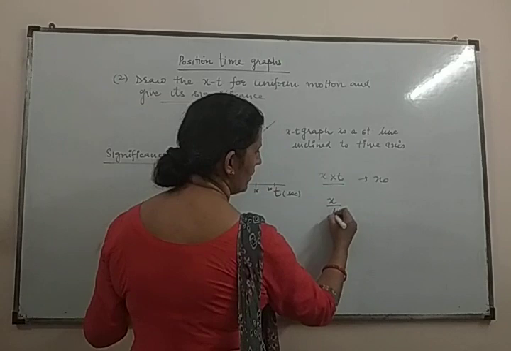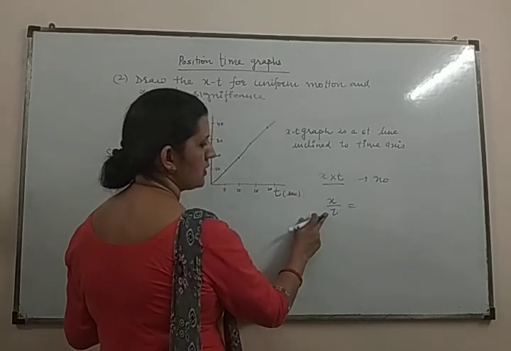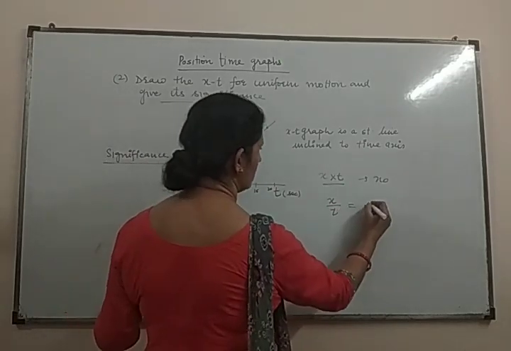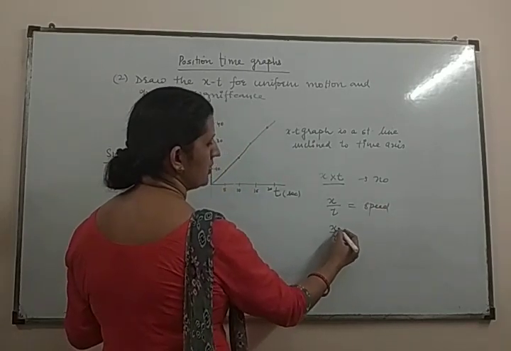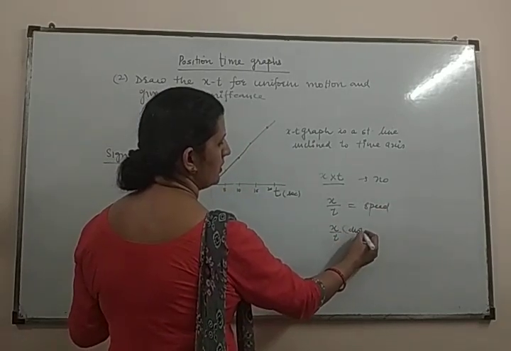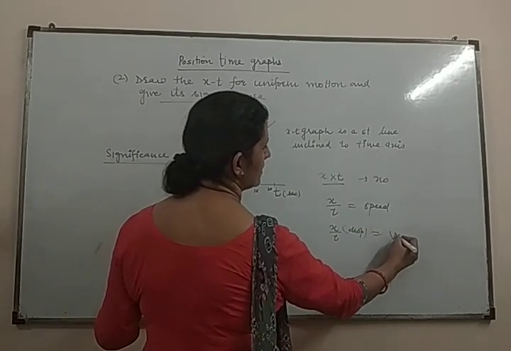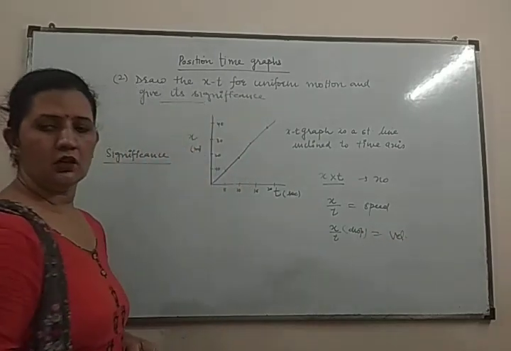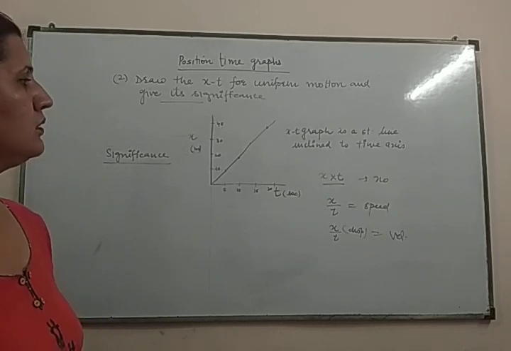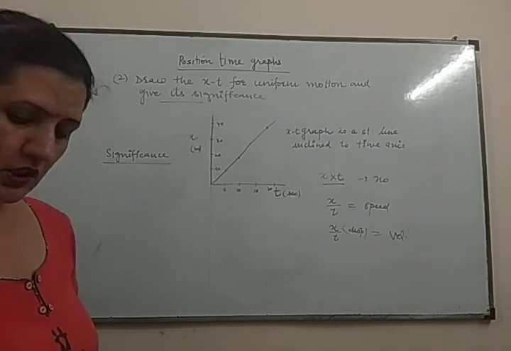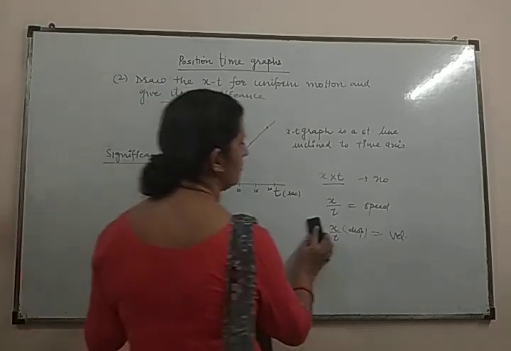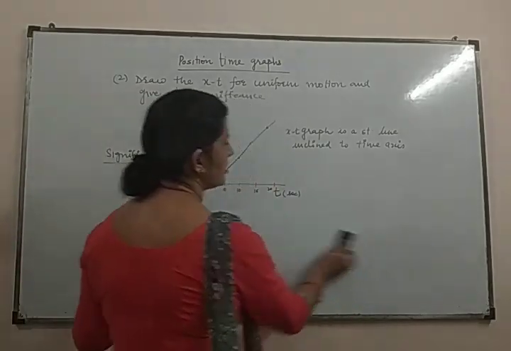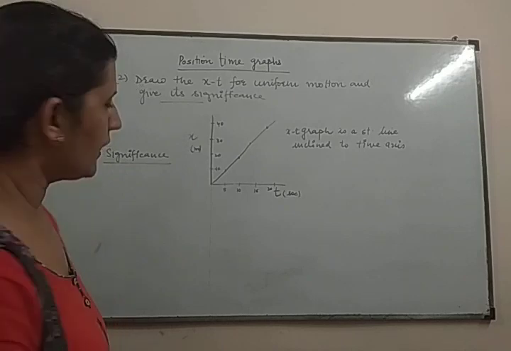Is there any formula for division? Distance divided by time? Yes. You have speed. If it is displacement, then displacement divided by time, that is velocity. It means we are having the relation in division, and for division I told you that we will calculate the slope of the graph.